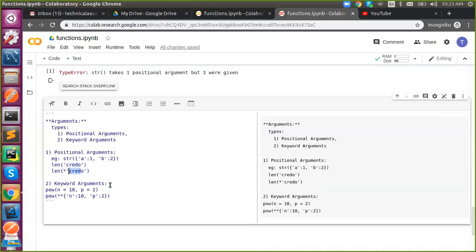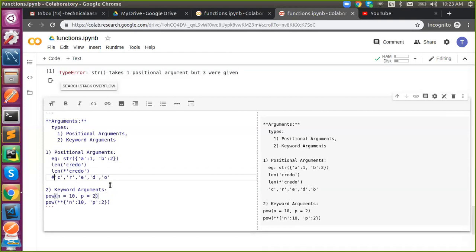These are positional arguments, right? String, list and all are positional, right? When you use a single star, it will look like this. Positional. So then this is a positional argument again. Got it? This is the difference between the two types of argument. Understand? Okay.